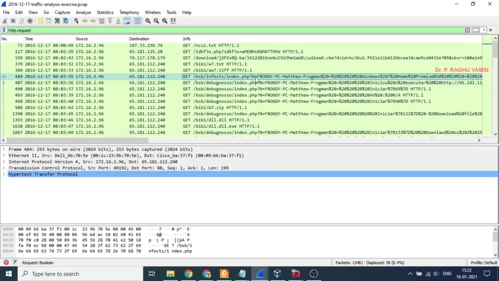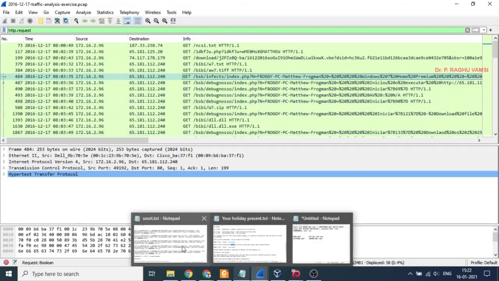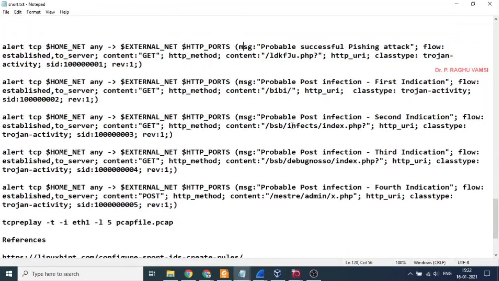But the parameters will be taken via the GET method using this URL. So we require this URL to be written into the rule. The same is the case for the next URLs also. So now this is the BSB/infect/index.php, BSB/debug NOSSO/index.php, and